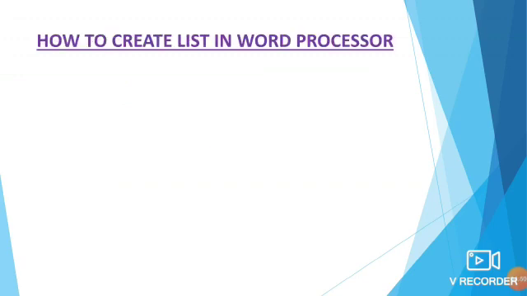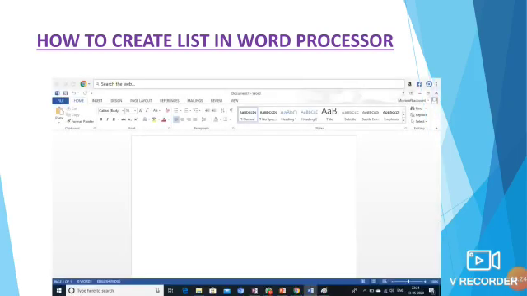So we are going to see how to create this list in a word processor. In grade 3 we have learned the word processor, isn't it, children? What software have we used? MS Office. In that we have edited the text and changed the font style, everything, in the MS Word document, isn't it, children? So that is how we are going to create a list in a word processor. If you open that document, you can see a page like this.